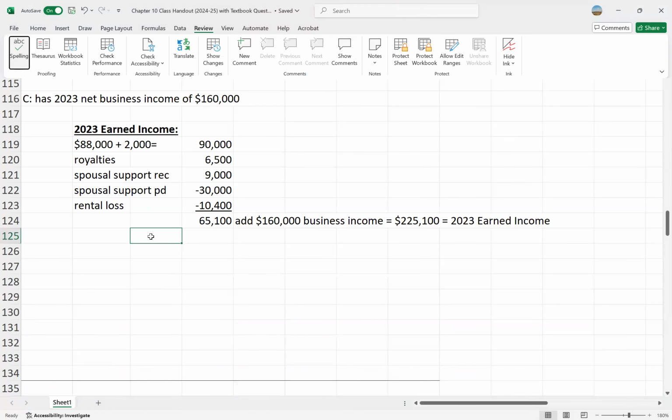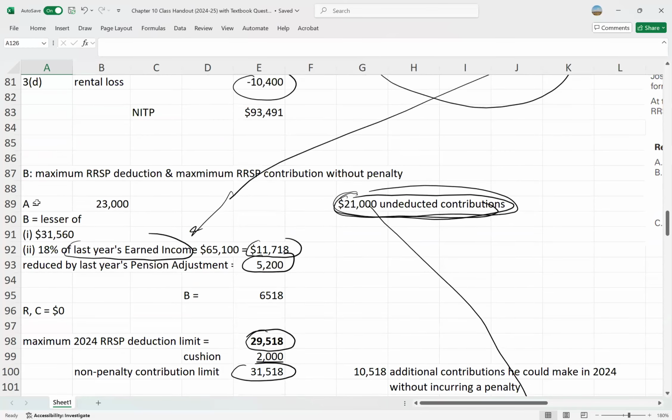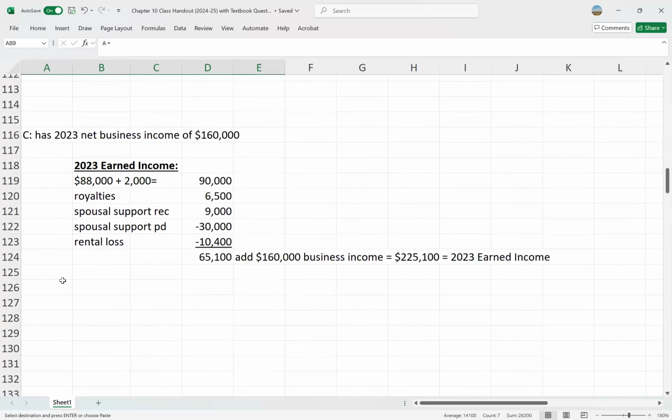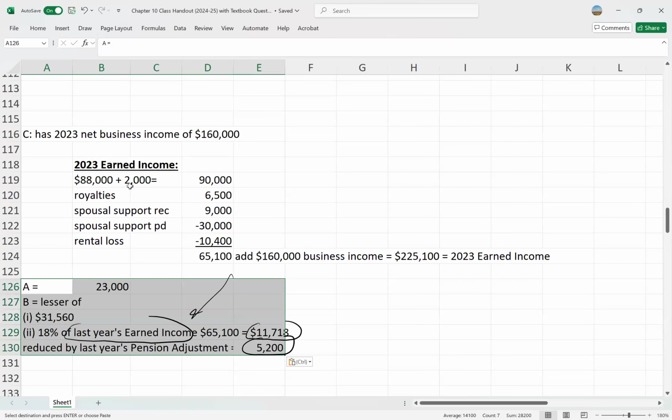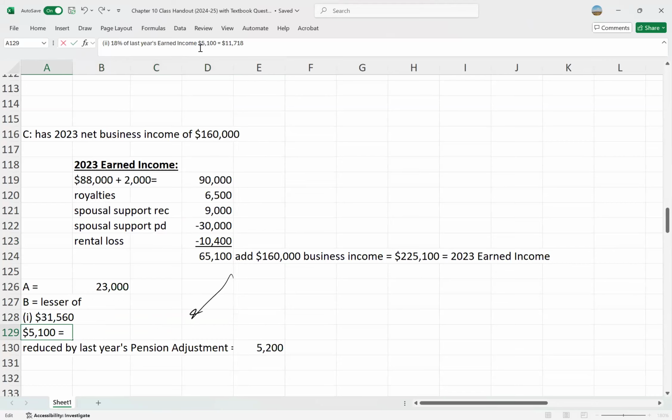We'll update what changes here. So the one thing that changes will be his earned income. So I'll update the earned income amount. It's not going to be 65,100. It will now be